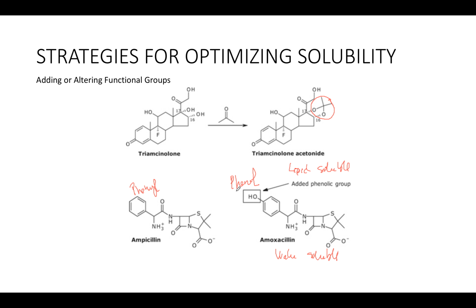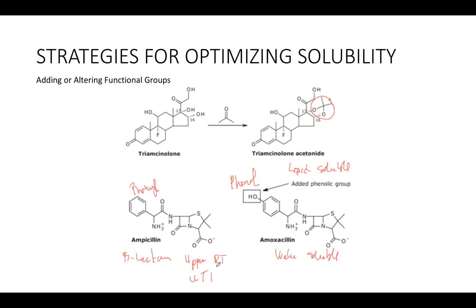So a medication such as ampicillin, again, we're talking about the beta-lactam antibiotic. This particular drug can be used for upper respiratory tract infection. You can also use them for urinary tract infection. And